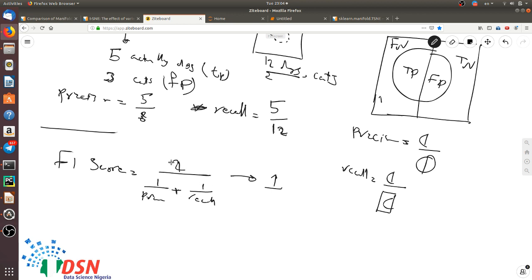so this is 2, and the maximum will be 1. Okay,